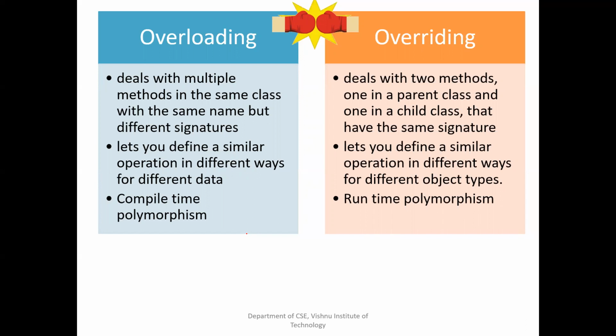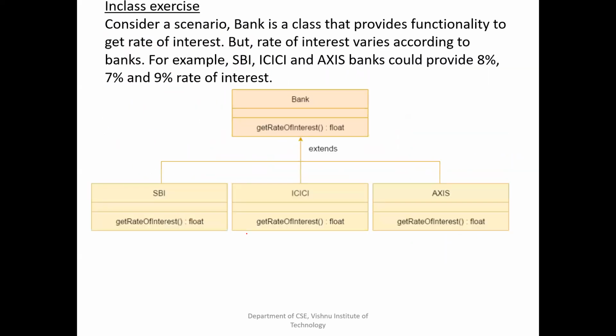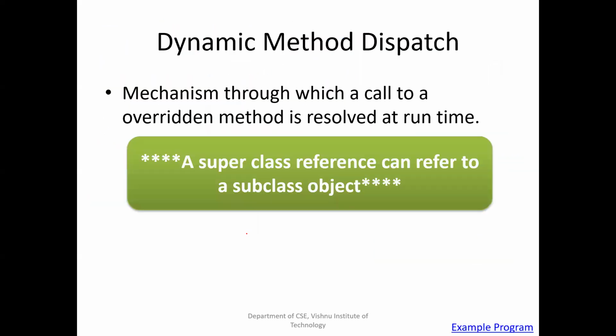And runtime polymorphism: with what reference variable we are invoking, child reference or parent reference, that is known at the runtime, at the time of execution. So runtime polymorphism is achieved with the help of overriding. If you have an overridden method, which version is called, superclass version or subclass version, that is resolved with the help of dynamic method dispatch.